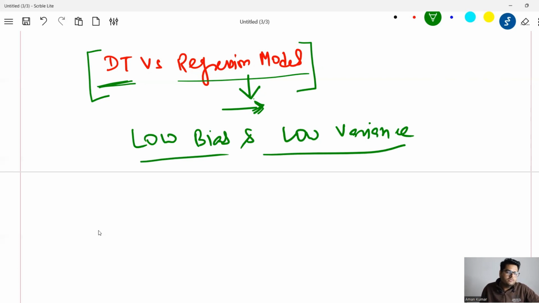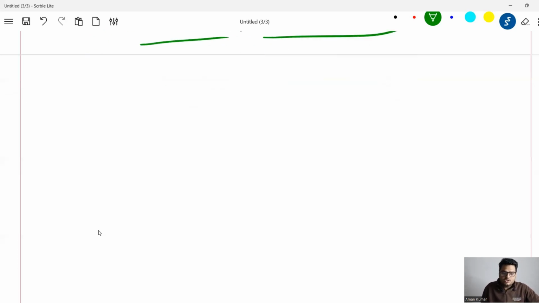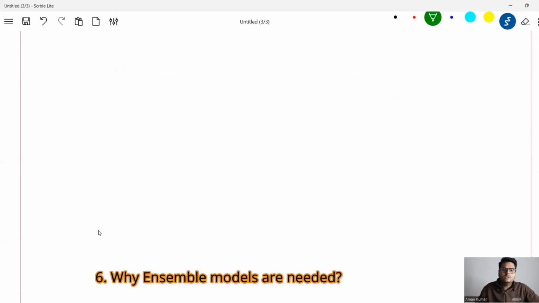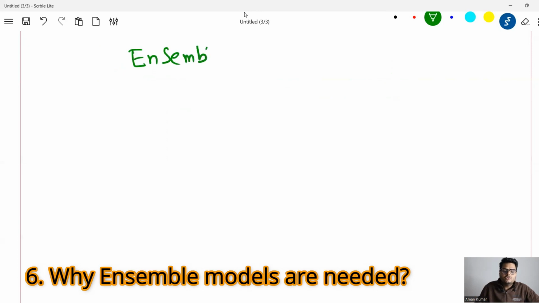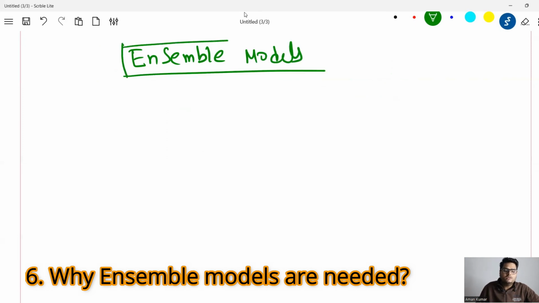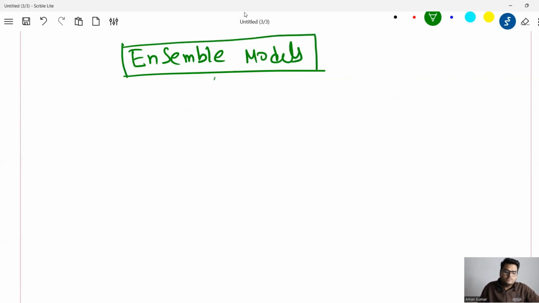This is another thing where they will try to check your concept. And then the last thing they will check is if you know about the ensemble models that are derived from the decision tree. So to answer how to control high variance, you can also say using ensemble models we control high variance. There are multiple flavors of ensemble models: bagging, boosting, stacking. All these help to use the decision tree in a much better way, which can control model overfitting, and can give me a balance of high bias and high variance.